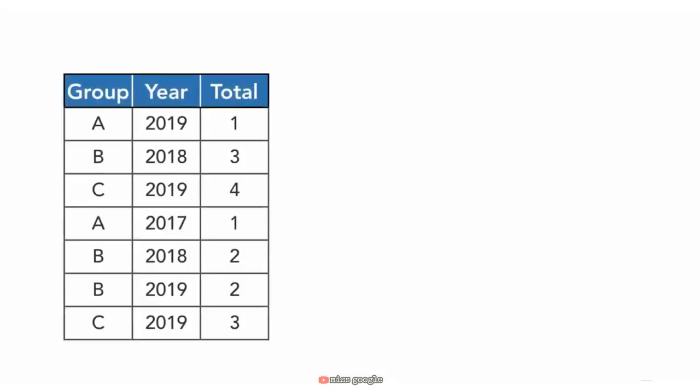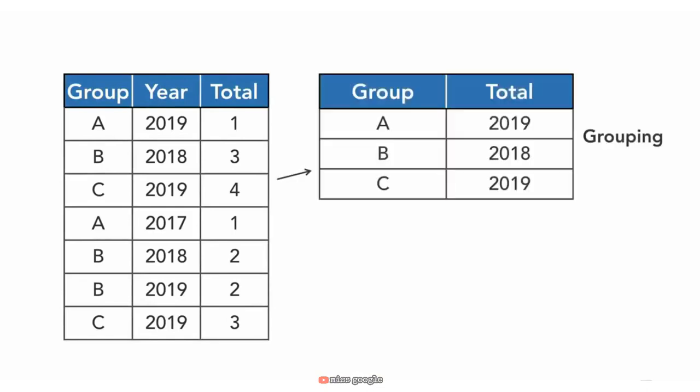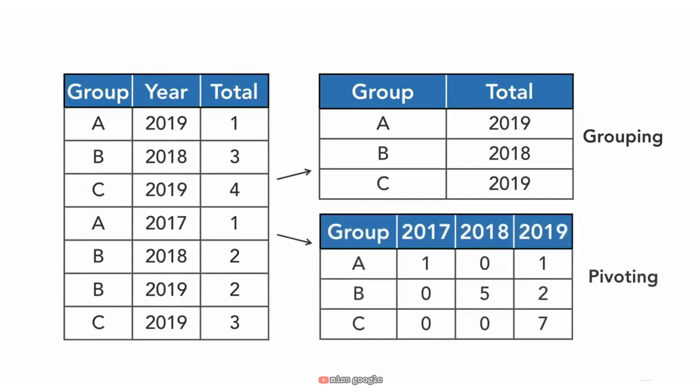On the screen here, we see the data on the left and the grouping of that data on the top right. In the grouping, the sales across all years for a particular group are reported. Notice the pivot table on the bottom right is a bit different. Here we add the years in separate columns at the top of the table, which adds a new dimension to the way we aggregate the data. The data reported are all the same, just in a different manner, and it's a lot easier to read than